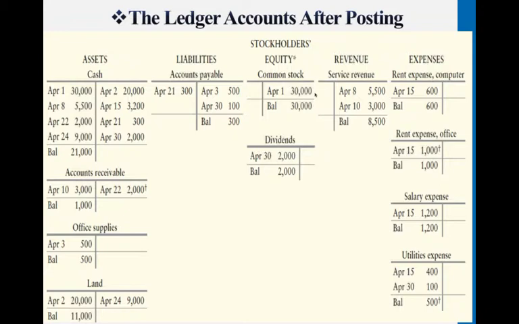That $1,000 represents the balance, which means that this is still the money that the corporation will be receiving from customers later. So for accounts receivable here, you see April 10th, $3,000, meaning this was the money the customer originally promised to pay